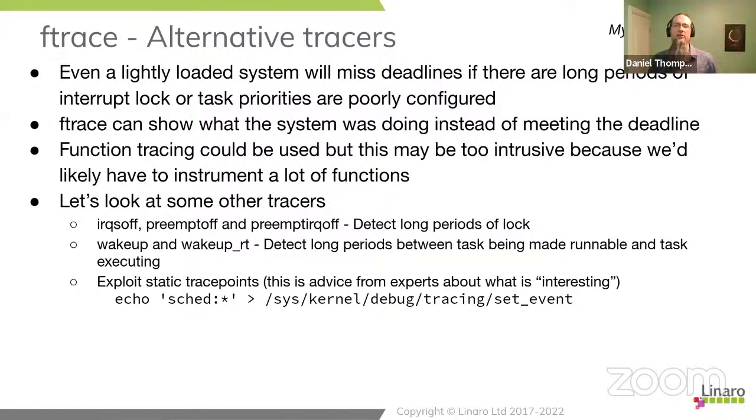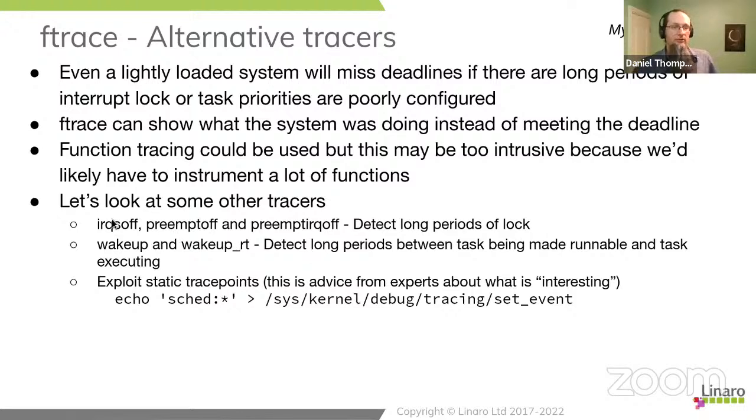So first off, we could go looking for trouble. If it is an interrupt handler that's running late, one of the obvious reasons for it not to work is because we are either running other interrupt handlers or because we've had interrupts turned off for long periods. So we could go looking for that. We could look for long periods where interrupts are turned off. We could look for periods where we don't preempt if it's a scheduling problem. We look for long periods of both. We can go looking for trouble, and if that's longer than our deadlines, we can try and fix it.